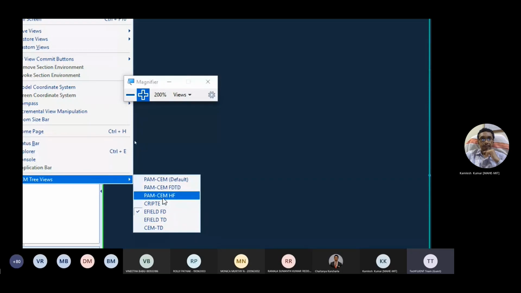If you are going with E-field FD, the frequency domain, which is what we are solving now, you can go ahead with this. If you want E-field time domain, you can go ahead with that. And even SEM time domain, you can go ahead. So you have to select the parameter. You have to select the parameter E-field FD. So once this parameter is done,